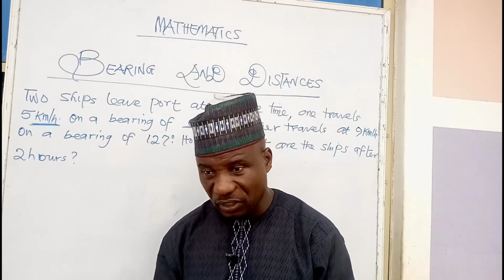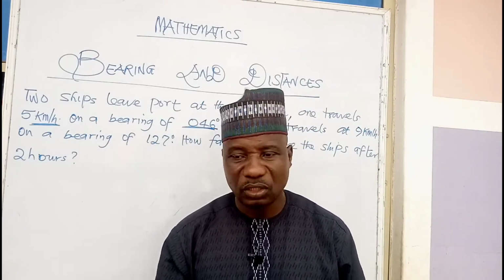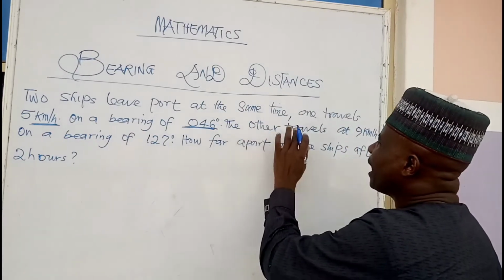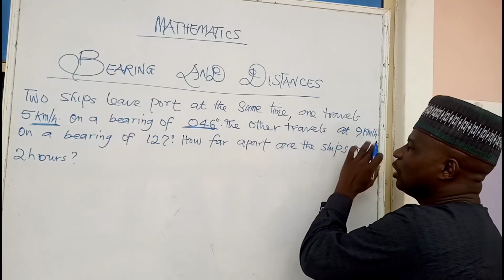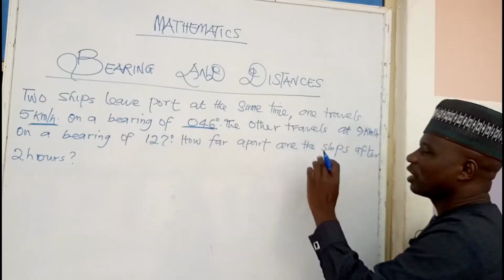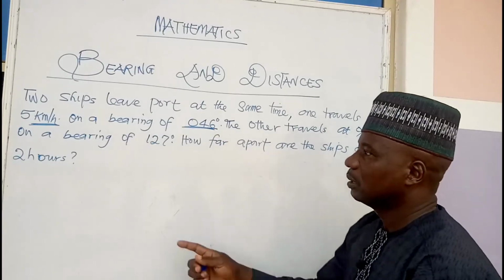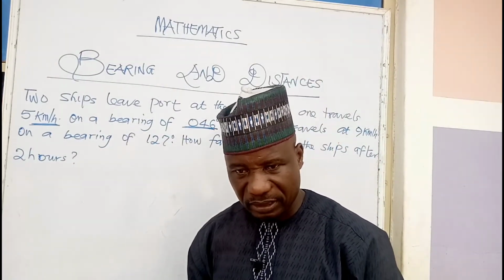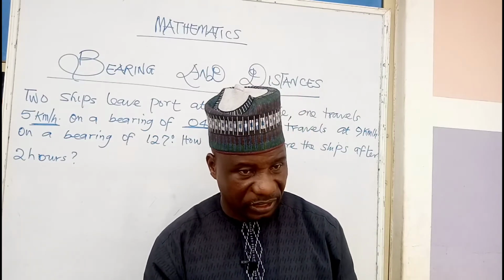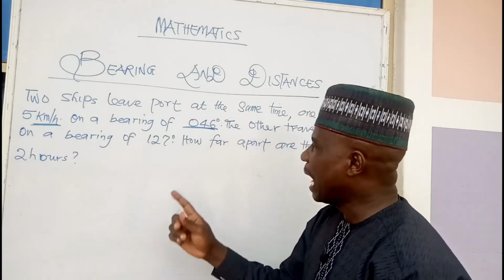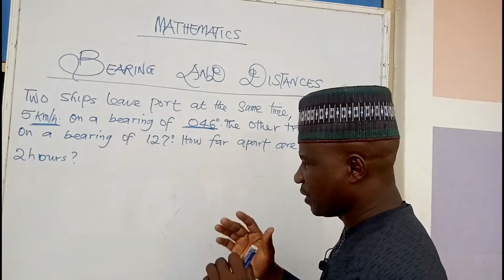You don't need to be carried away with that. Now, the other travels at 9 kilometers per hour. That is 9 kilometers in 1 hour, on a bearing of 127 degrees. Now, the question says, how far are the ships